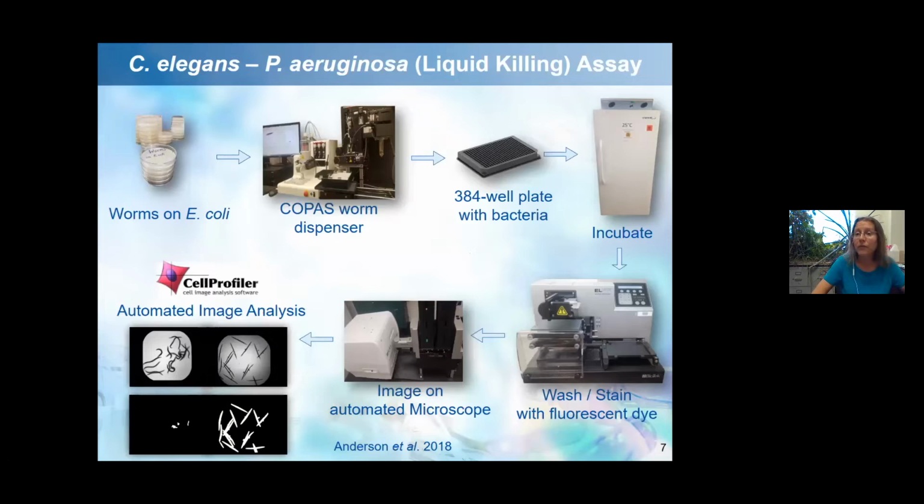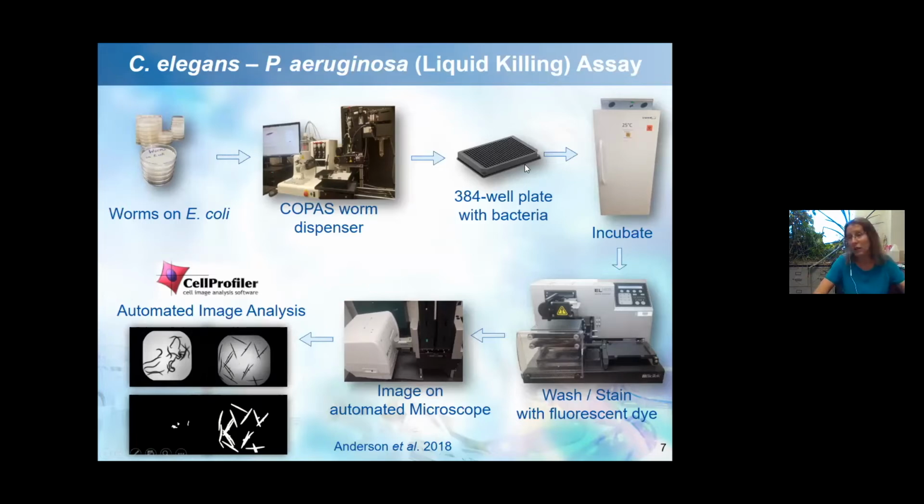They require a lot of scoring time, a lot of attention, and have more variability. That's why one of the things we like to do is to move assays to liquid format, where worms are trapped inside of a 384-well plate and cannot leave it. And also we can standardize conditions more easily. We have a machine like a fax machine, but just for worms, called a worm sorter, that we use to dispense an exact number of worms into each well of a 384-well plate.